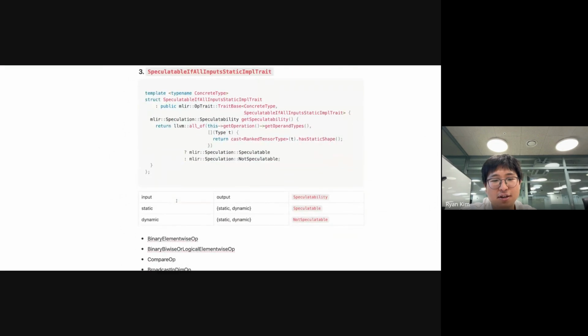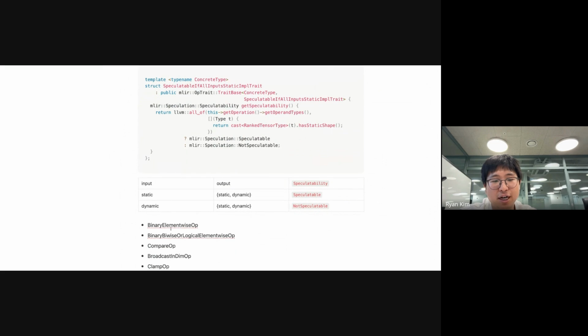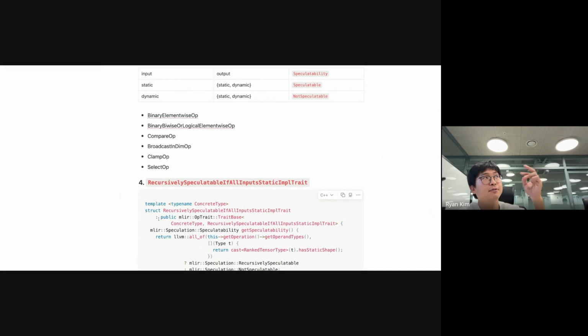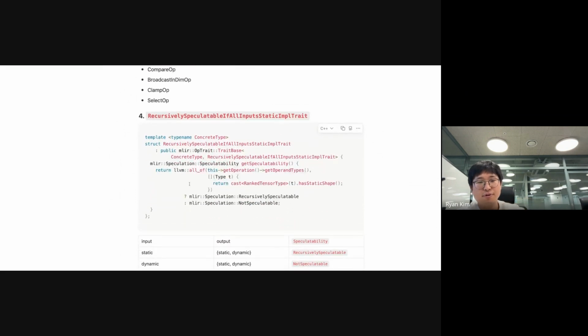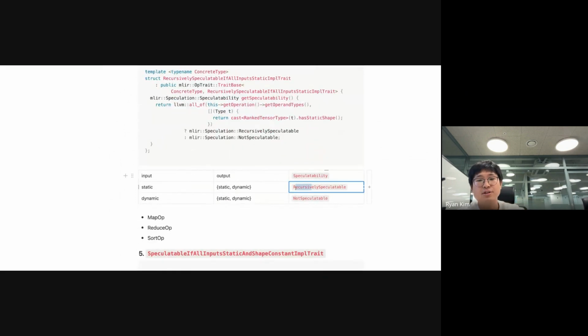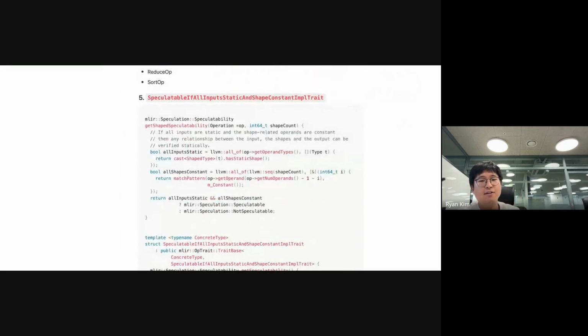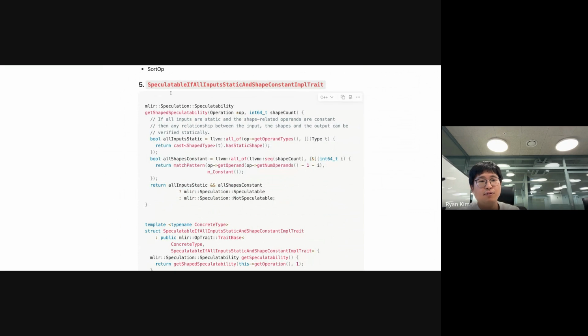Anyway, that's this. And third is for binary element-wise operation. Unlike unary element-wise operation, it always returns not speculatable if input is dynamic. Everything is the same. The difference between 1 and 2, these 4, is that it returns recursively, and the operations are like map, reduce, and sort. And 5, with a very long name,